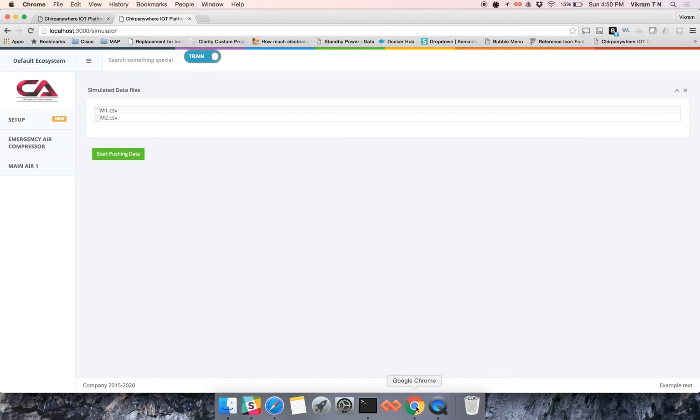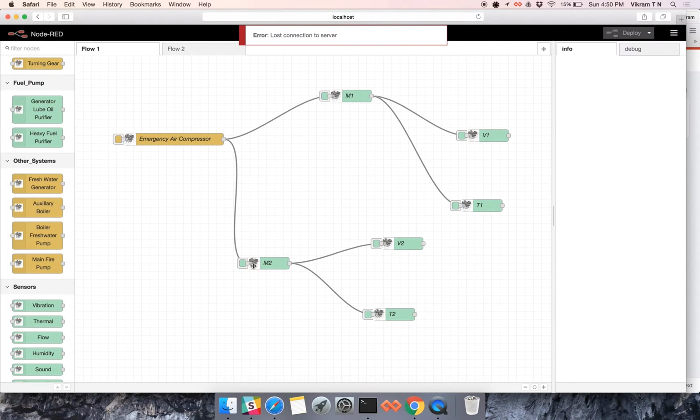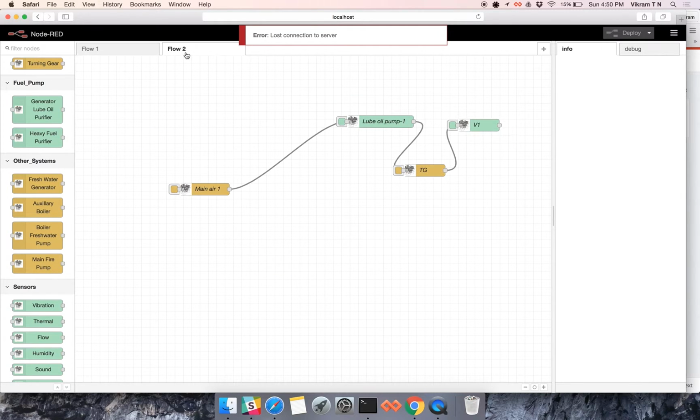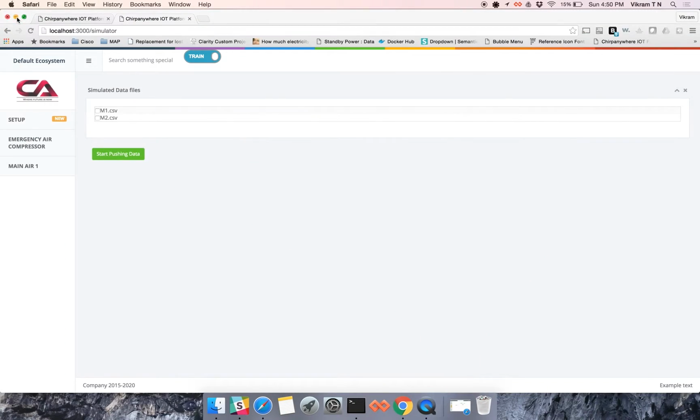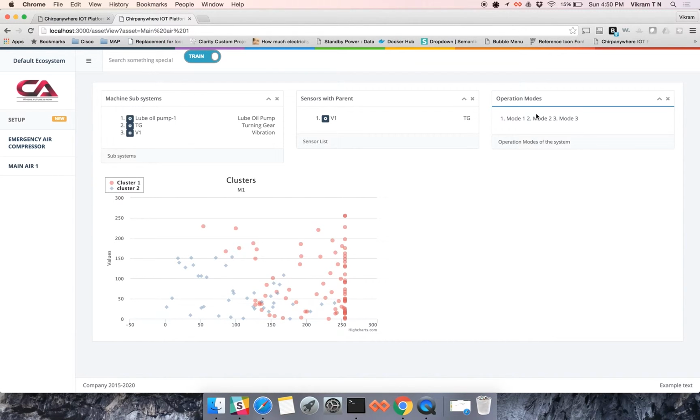Now what you see here is our main UI. As you see here, there is an emergency air compressor and main air. Emergency air compressor was something that I've modeled already, so this is what shows there, and the one that we modeled just now shows right below it. Now if you go to any one of the systems, you'll see all the subsystems listed there. As we connected a lube oil pump, these are the machine subsystems, and the sensors, the only sensor in the entire system is the vibration sensor, which we named V1, which is attached to the turning gear,